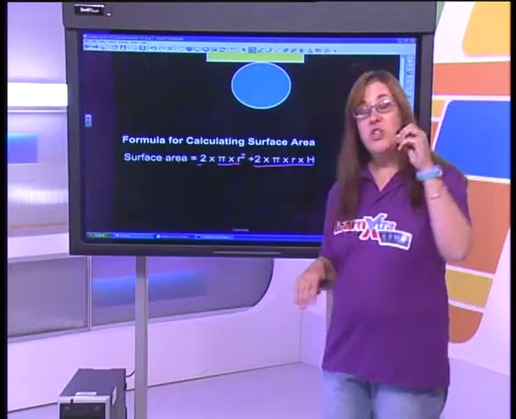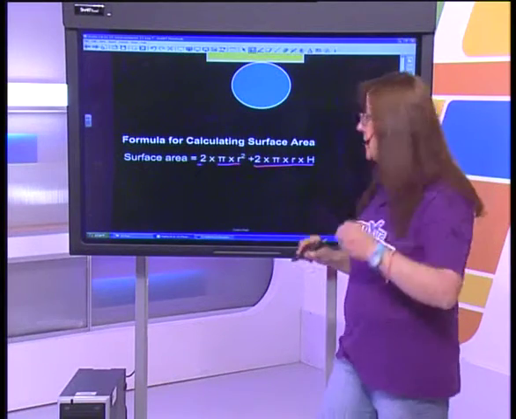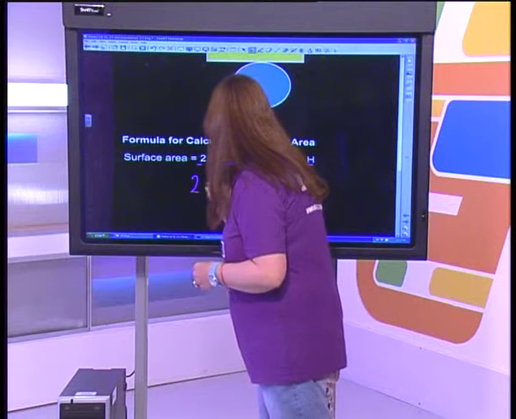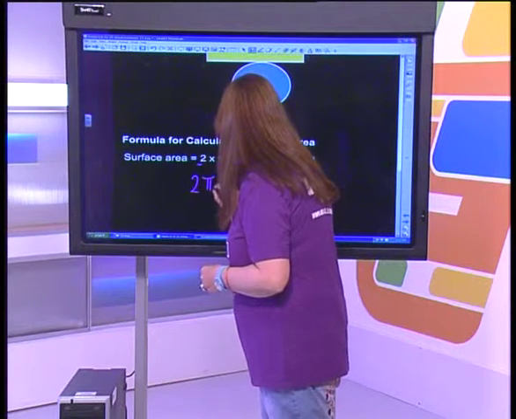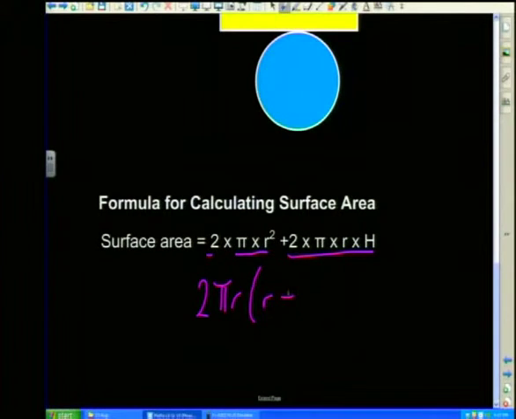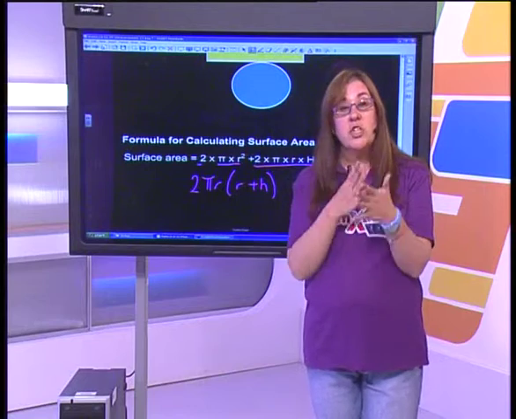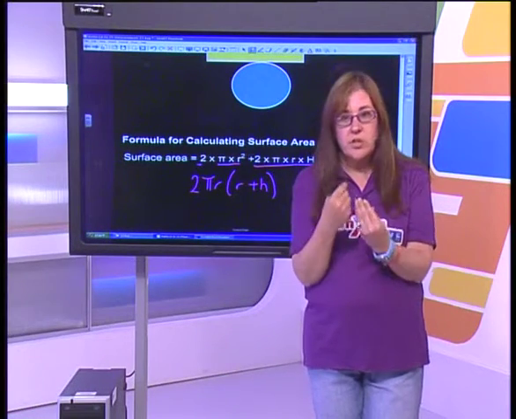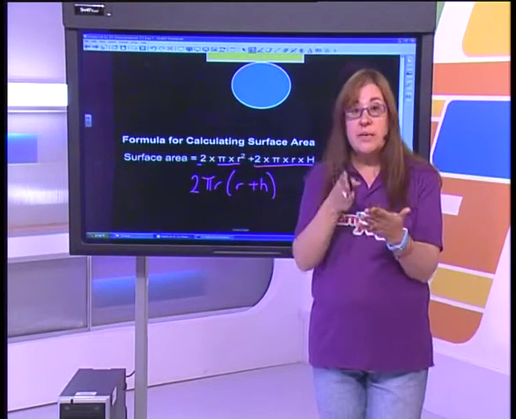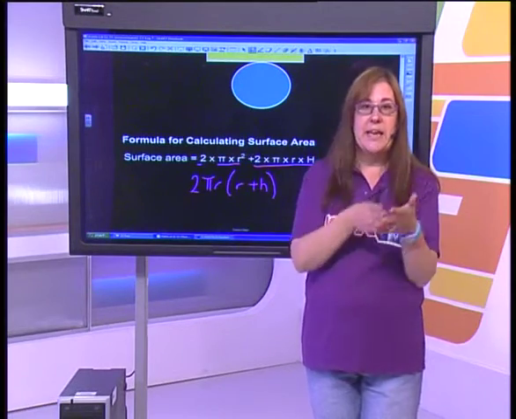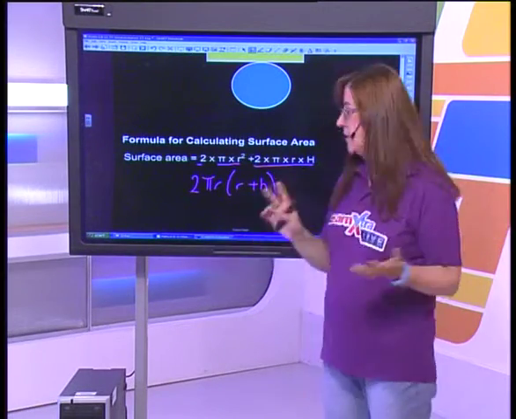Okay. And don't be scared if you see this formula in a different context, because sometimes they tend to write this as 2 pi r times r plus h. I've seen it every now and again, it comes up, it's the exact same formula. So just don't be scared if you get a formula that you're not totally familiar with, because as soon as you substitute in the radius and the lengths and the heights, you will get the same answer.